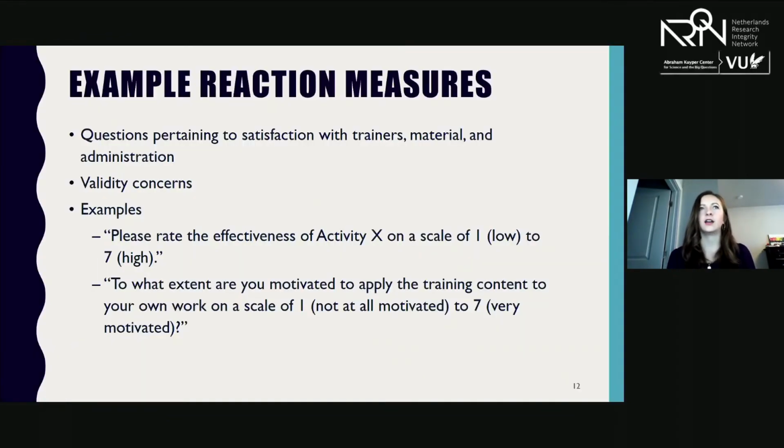So the most common evaluation approach that I see taken in RCR programs is collecting reactions data. And that's pretty much measuring trainee perceptions of satisfaction with the training, what they liked, what they didn't like. It's really valuable to use this in obtaining reactions when trainees are focused on a training exercise or activity. So you can tailor the reaction measures to course-specific features and instructional processes, so you can see if they really liked an activity or really didn't like an activity. You can use this data to improve your training processes, content, and activities, and use that feedback from trainees to make adjustments.